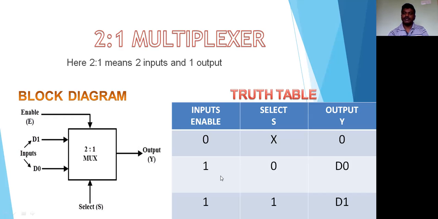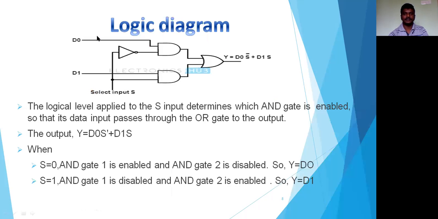So to write the Boolean equation, we need to have the truth table. The output Y we are getting in these two cases, that is when enable is 1 and depending upon the select line, we are getting two outputs, D0 and D1. So D0 we are getting when select is 0. Therefore, the min term will be S bar D0. And in this case, select is 1 and the output is D1. The min term corresponding to this output will be S D1, which you can see in the next case. So here we have written the output equation as